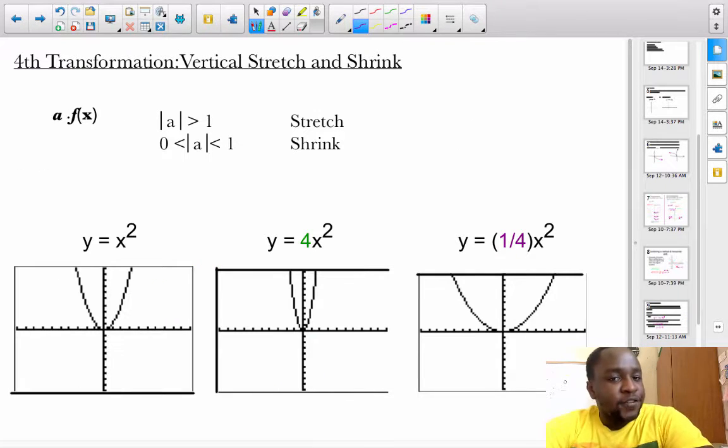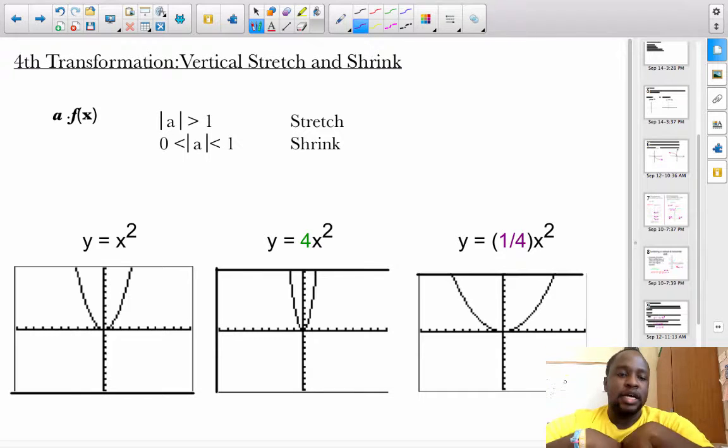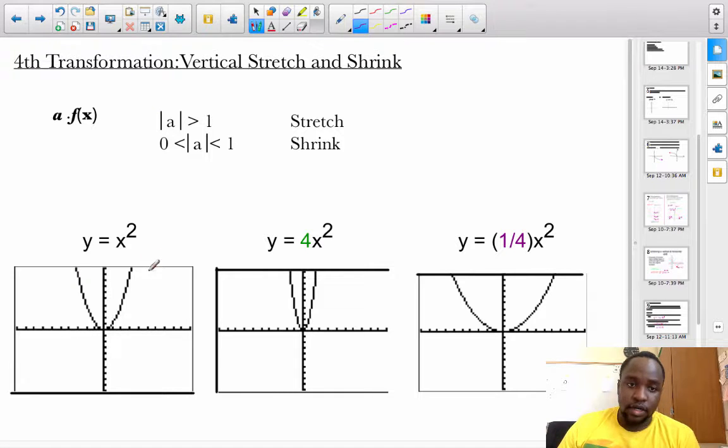So the fourth type of transformation is called a vertical stretch and a shrink. We use the letter A to represent this. It's the coefficient of the parent function. So here we have y equals x squared. And if the absolute value of A is greater than 1,